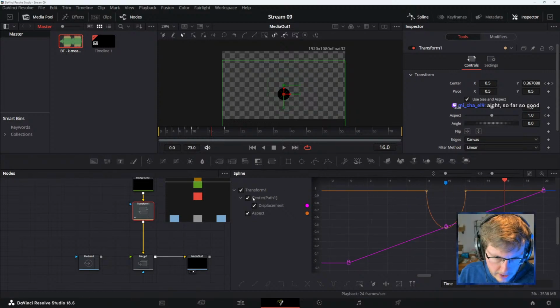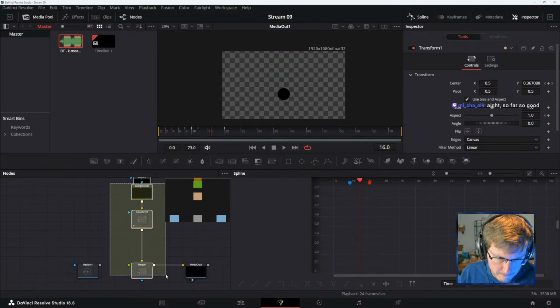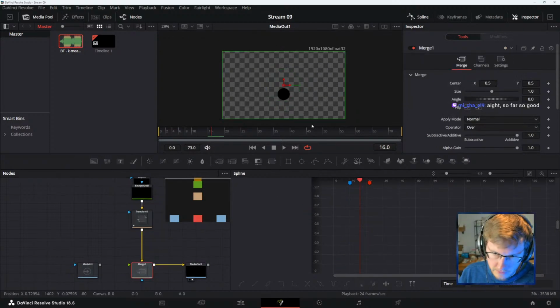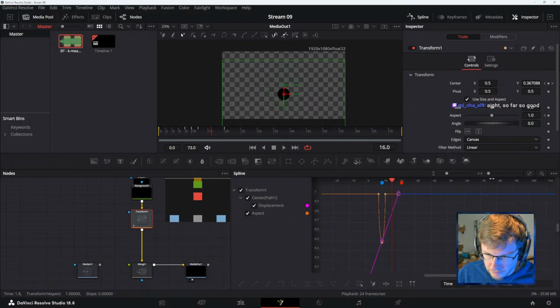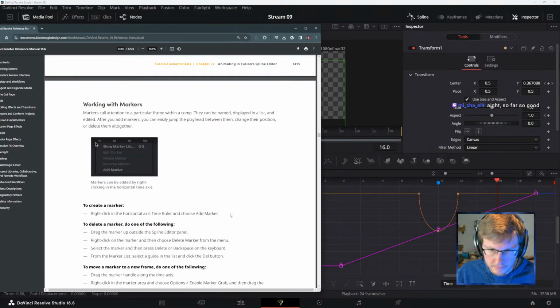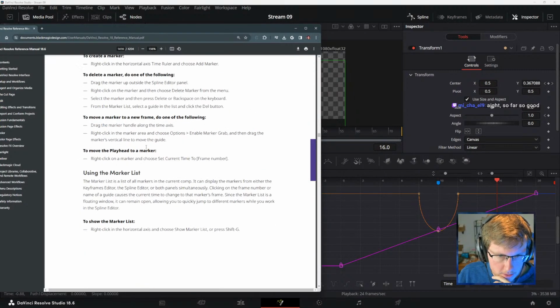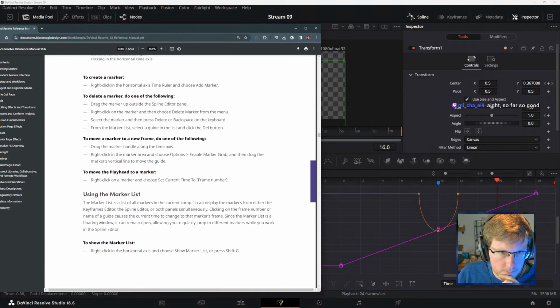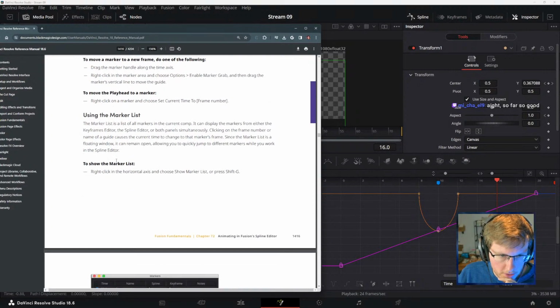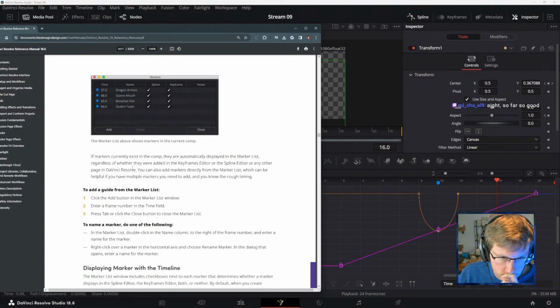Have your stuff selected and then it will show up here. Multiple can be selected. If it has keyframes, it will show up. And we've got markers. So adding markers is good for syncing moments.